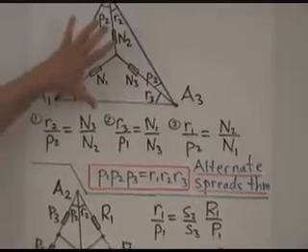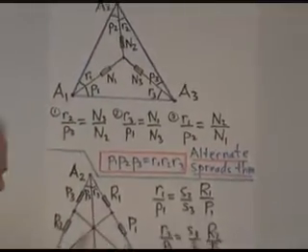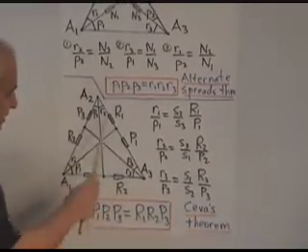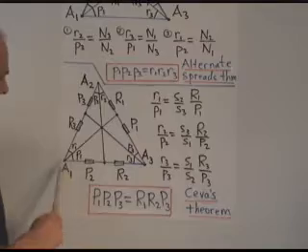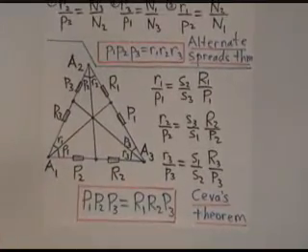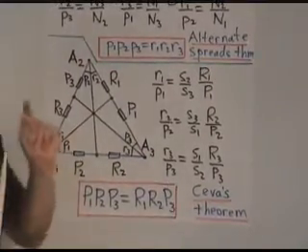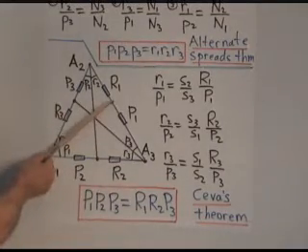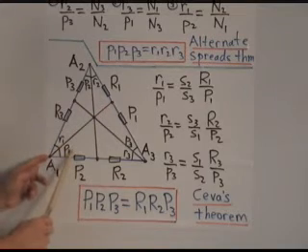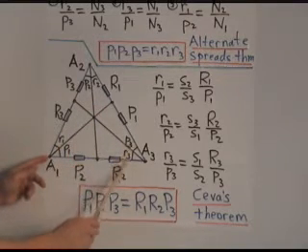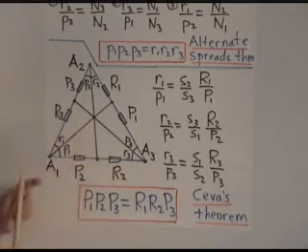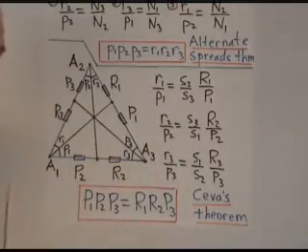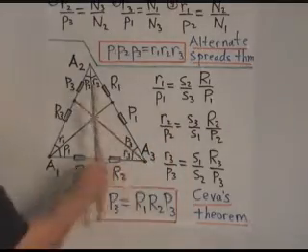Now we take the same picture there and we extend those lines to meet the other side. We get new quadrances along the sides, R1, P1, R2, P2, and R3, P3. We're going to apply the law of proportions now to this picture, together with this line. What's it say? R1 over P1 equals this spread divided by that spread. In other words, S2 divided by S3 times R1 divided by P1. There it is right there. And then we do the same thing with that line and the same thing with that line.